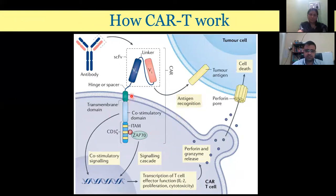So in this, you have a transmembrane domain and this linker. This is held by the hinge joint linker, and then the co-stimulatory and stimulatory domain is from CD3 zeta, which is taken from the T cell, and it is specifically to activate the cell. So the co-stimulatory signaling then stimulates the T cells, and it also gets phosphorylated with the help of ZAP-70 protein, and the signaling cascade then further activates the transcription of T cell effector function. So those T cell effector functions are